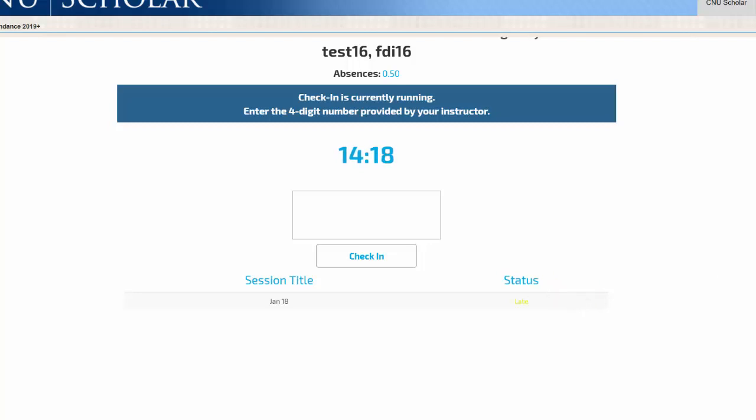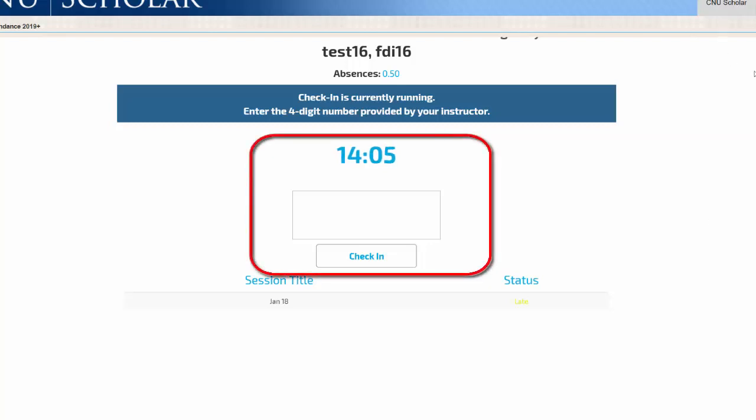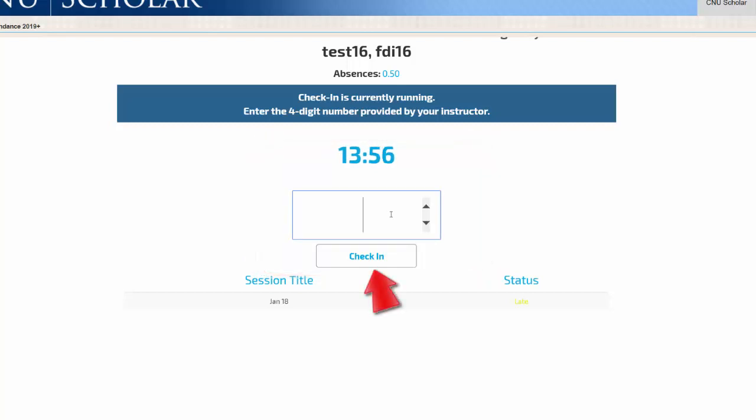The other items on this page are only visible if the instructor has already started a check-in period. For example, if you've activated the option to have a PIN, you'll see a space where the student can enter the PIN that you've posted to the front of the class. If you've activated the timer, they'll see the timer as well. Finally, they'll have the button to place a check-in.